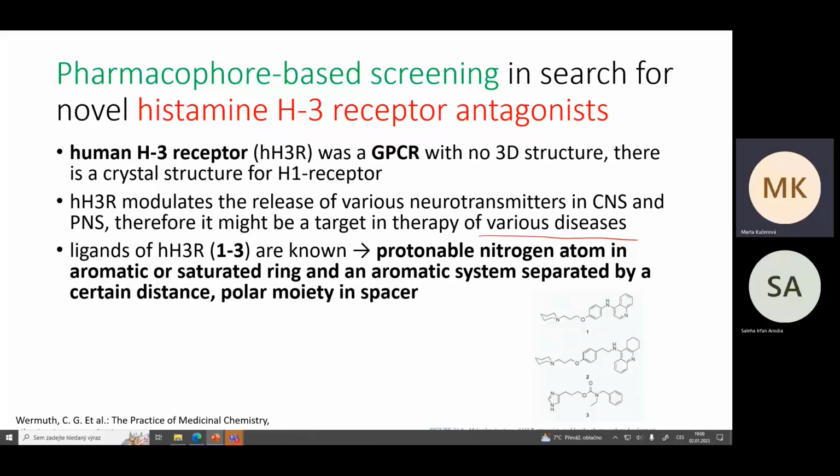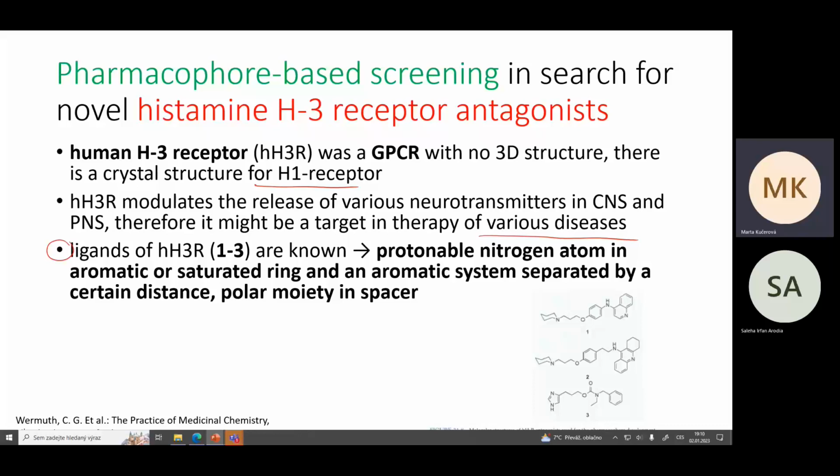At that time, no crystal structure for the H3 receptor was known. It was only for the H1 receptor that is used in allergy treatment. However, there were some ligands known, the structures of the ligands known,